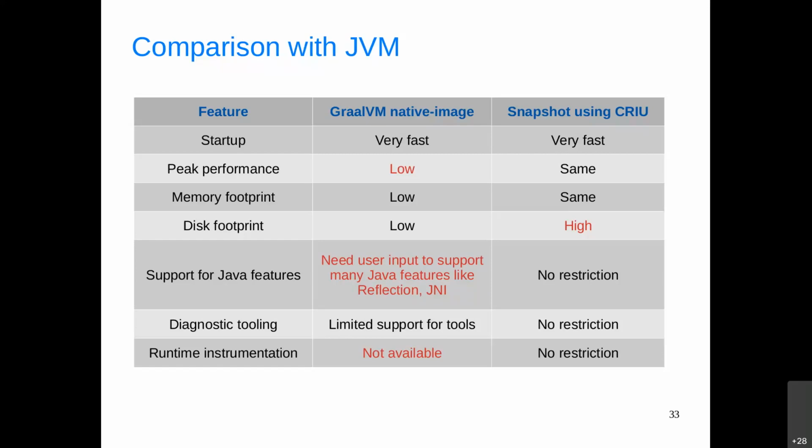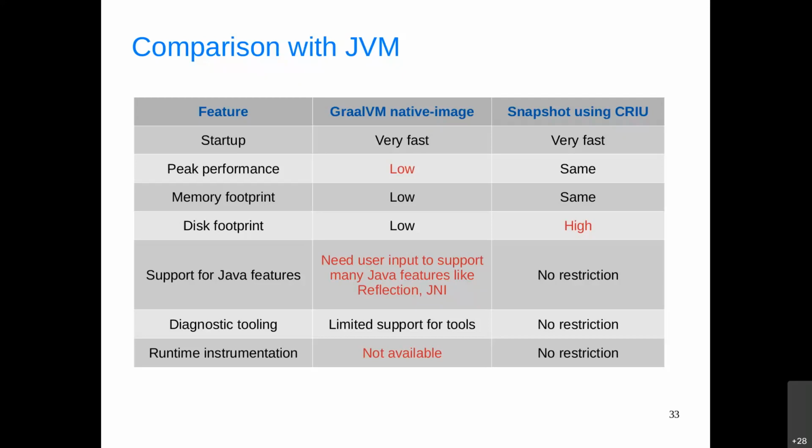This is because the Graal native image uses ahead of time compilation to improve its startup, and it is a known fact that AOT compiled bodies are inferior in quality compared to JIT compiled code. This is because they don't have the profiling information that the JIT compiler can access at runtime. Because of this, if you are using the native image to run long running applications, they suffer from peak performance, and it can be as low as 50% of what you get when you use normal JVM.